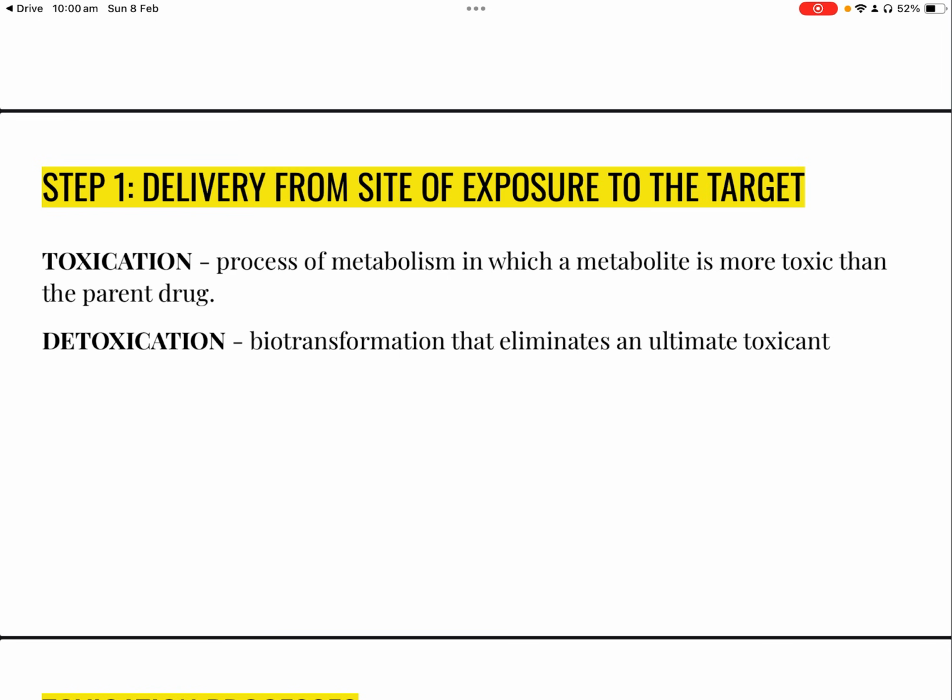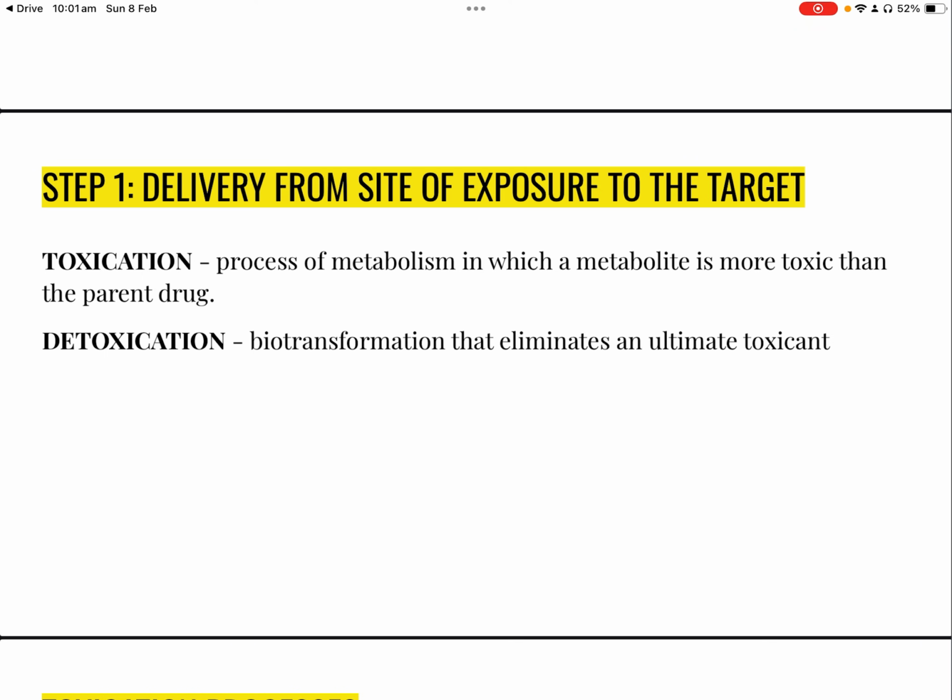So, toxification is a process of metabolism in which a metabolite is more toxic than the parent drug. And detoxification is a biotransformation that eliminates an ultimate toxicant. So, when you say toxification, this is when an inactive metabolite or toxic agent is transformed, or a pro-metabolite is processed and turns into a more toxic agent. While detoxification is the opposite, that is a metabolism that eliminates the ultimate toxicant or the toxic metabolite, which was